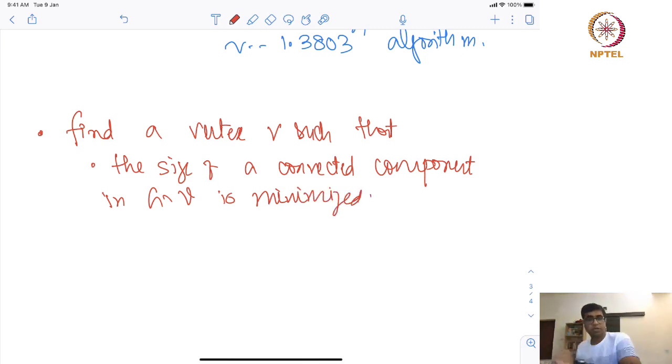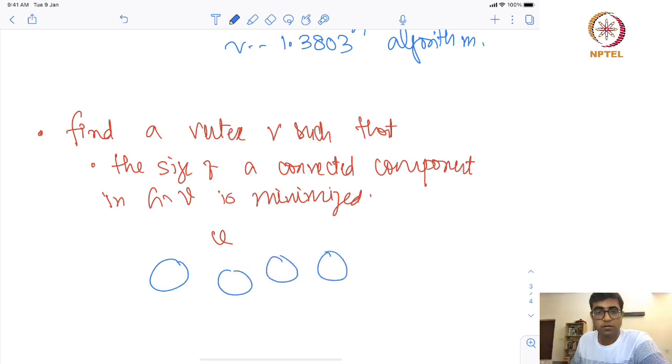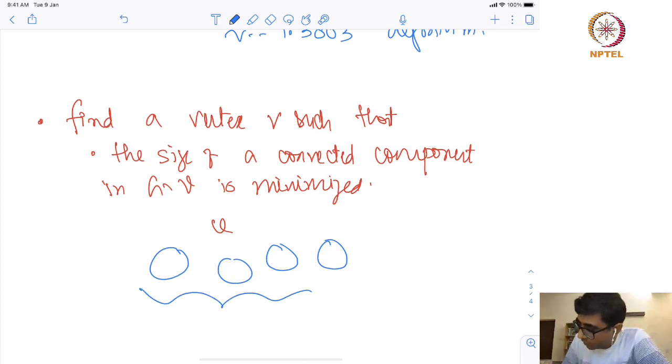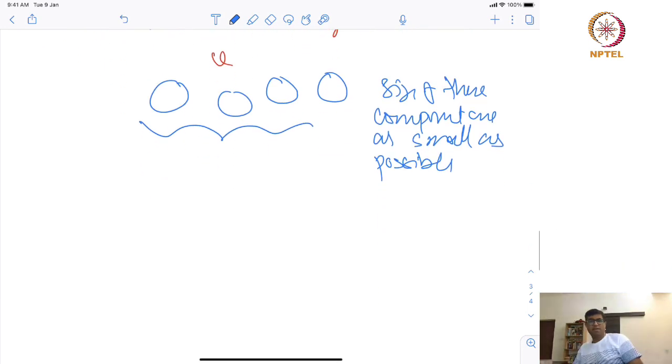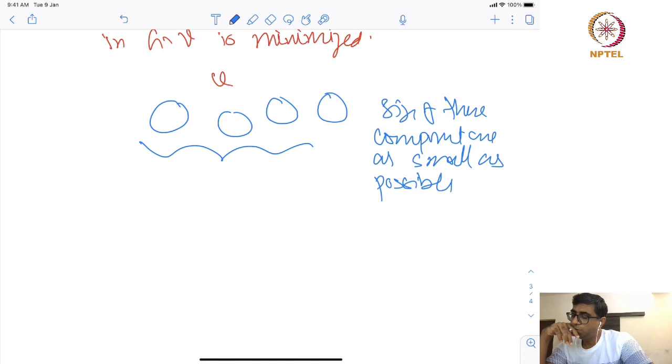Okay. So what I want is to find a vertex V such that if you delete V, there could be several components, and the size of these components are as small as possible. Now, why am I asking us to do this? Because then the running time of these algorithms, if you notice, is going to be